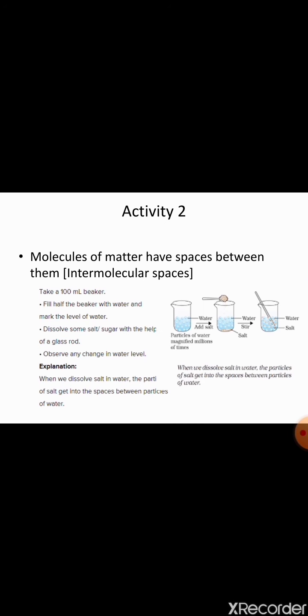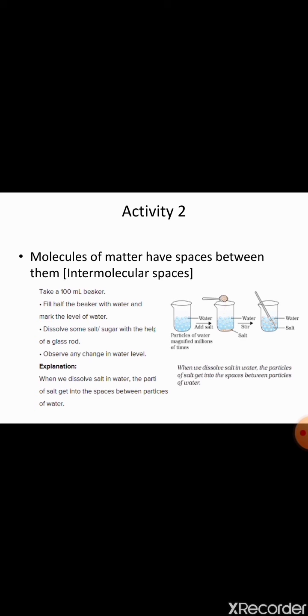The second activity shows that molecules of matter have spaces between them. To prove that, we have to take a beaker, fill it with water and dissolve a spoon of salt in it. Now you have to see the change in the level of water. You will observe there is no change in water level